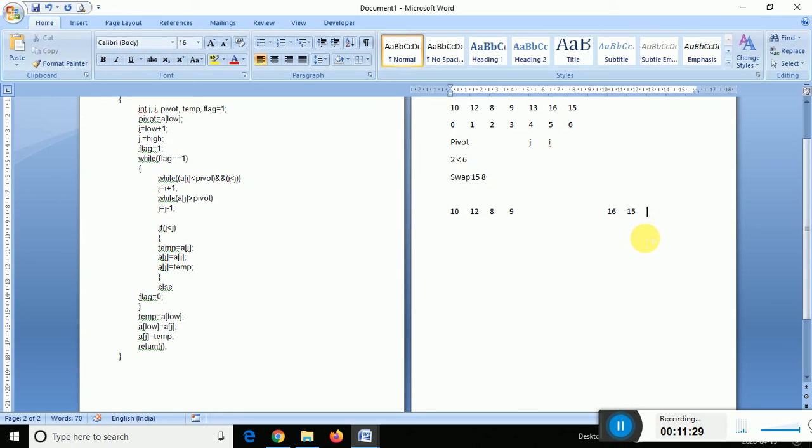Again it will swap here also. It will take a pivot, it will swap here, and it will make this 15, and here it will make 16, and it will consider this 10 as a pivot, and it will check 10 is greater than 12, false, then it will stop here. I'll make it the pivot. This is I and this is j. After that it will check 10 is greater than 12, false, so it will stop here. Next it will go here, 10 is less than 9, false, then both will get swapped. 9 will come here, 10 will come here.